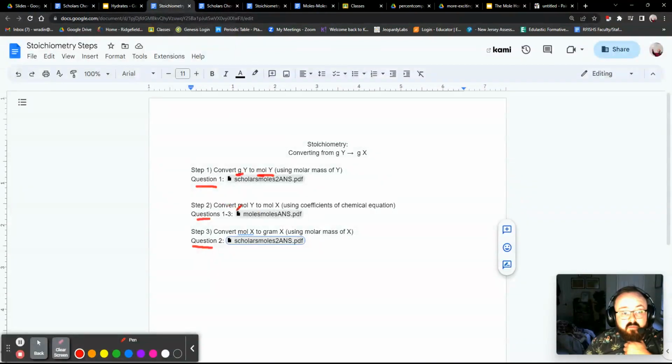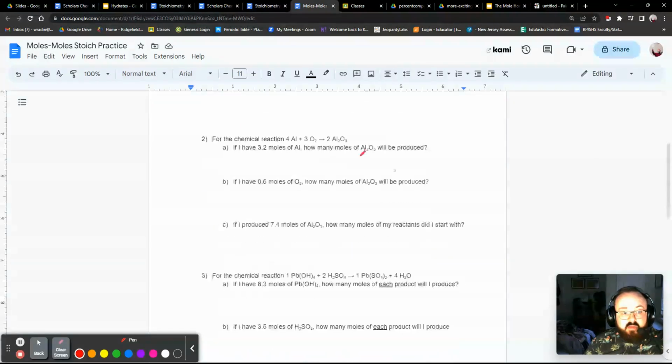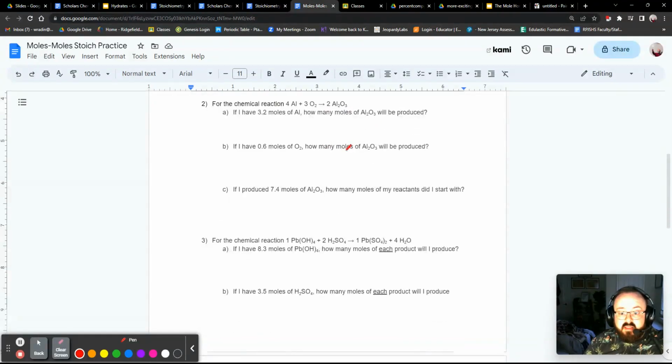Step 2 is to convert moles of Y to moles of X. And that's what this worksheet's all about here. I'm going to start out with this equation here. This is the only time that we need to use the chemical equation itself. And so what does this look like? If I have what this equation says, my coefficient of 4,